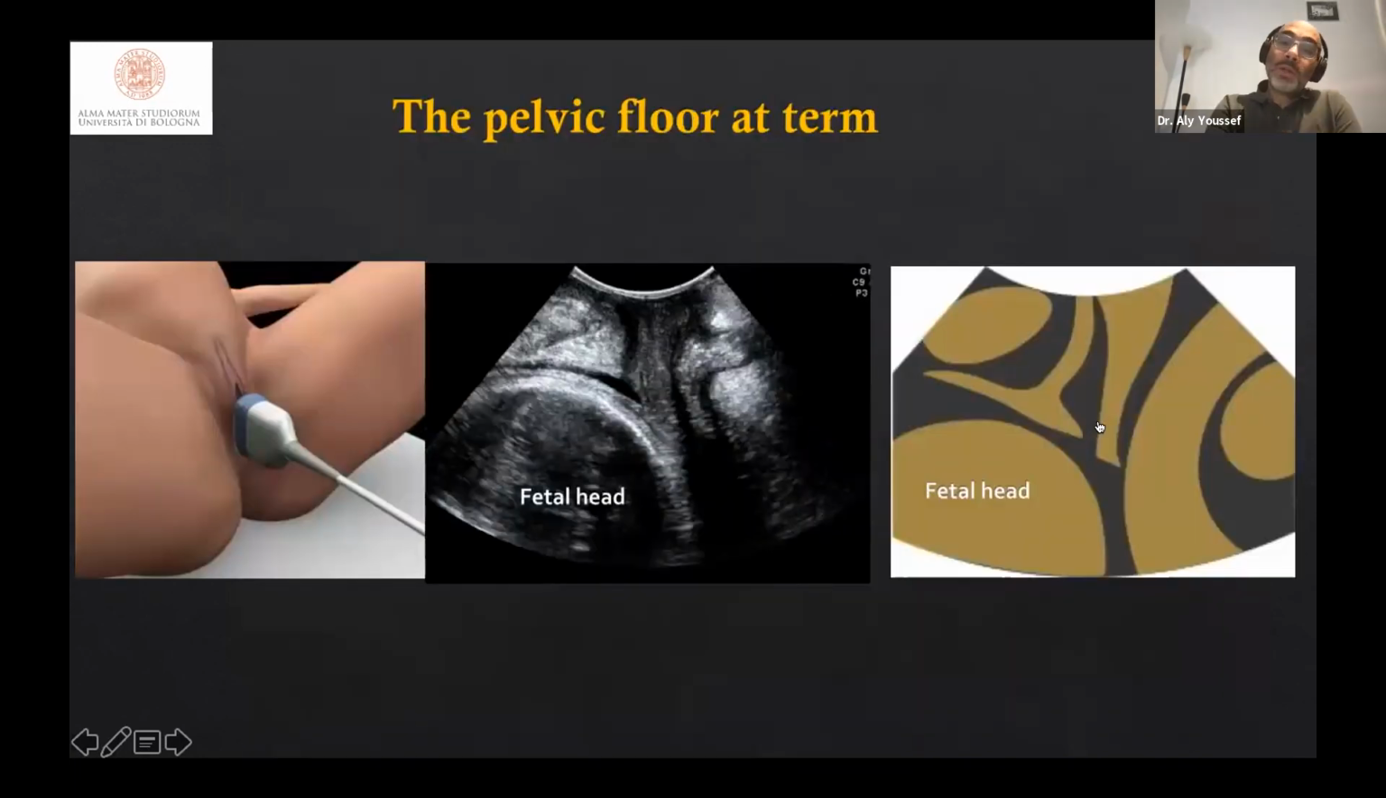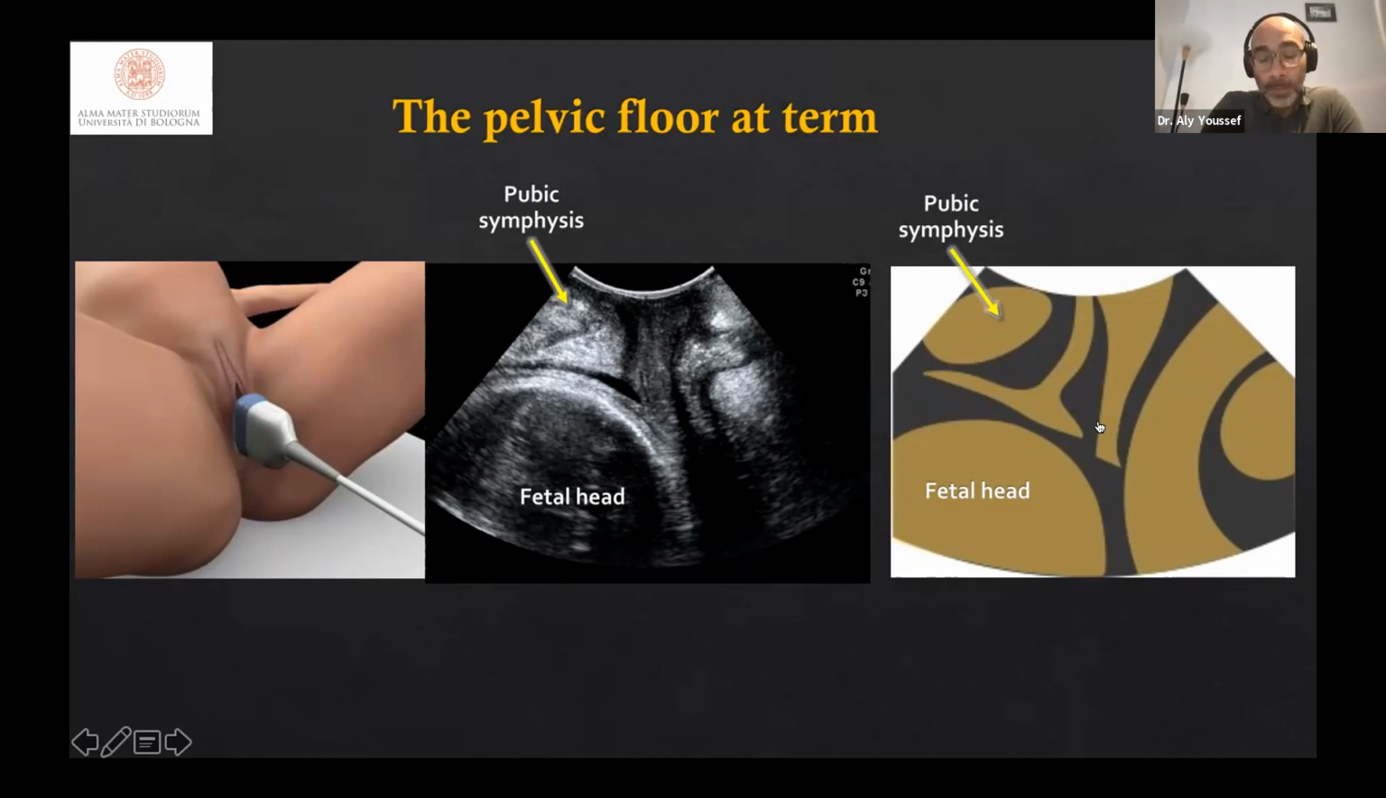The last part of my lecture is regards the effect of the pelvic floor on the outcome of delivery. So now we have seen what we can identify in the pelvic floor as a consequence of vaginal delivery. But the other question is, is the pelvic floor important for the outcome of delivery? Okay. So we have seen that the Valsalva maneuver, so pelvic floor relaxation, is important in order to increase the